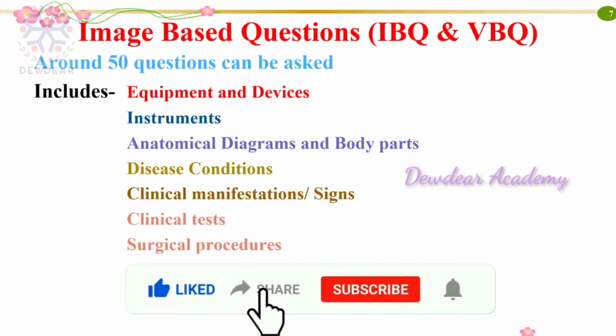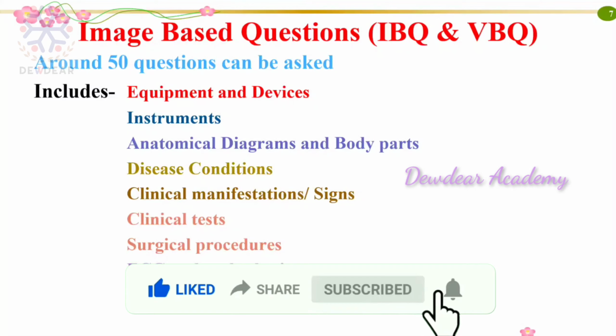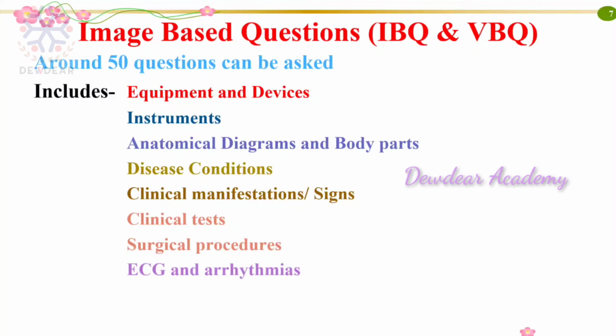Then comes the ECG and arrhythmias. That is the normal ECG and also the different abnormal ECGs, atrial flutter, atrial fibrillation, ventricular tachycardia, ventricular fibrillation. So all this, then heart block. So in all these cases, you have to identify the abnormal ECG patterns. The next is about the waveforms like IABP waveforms, okay, intra-arterial waveforms and all.